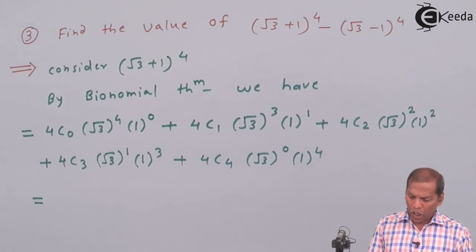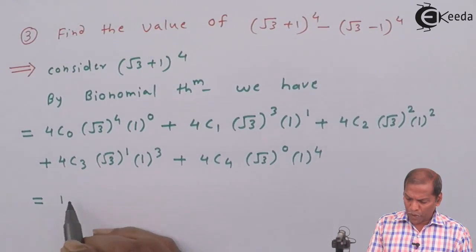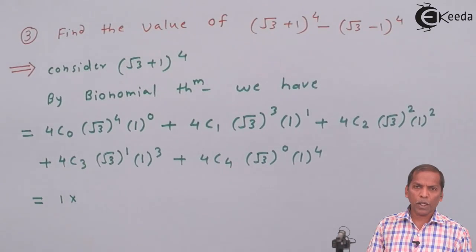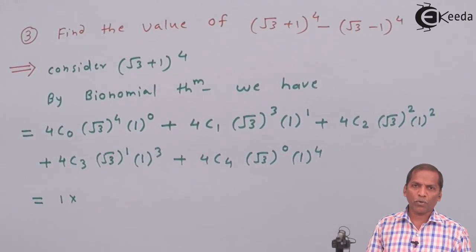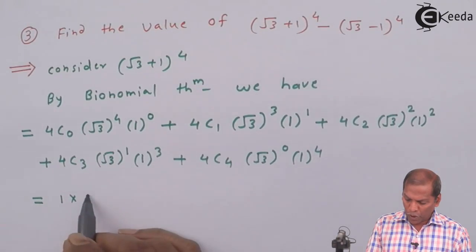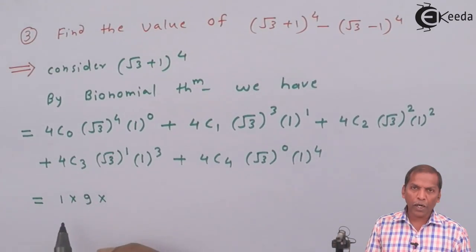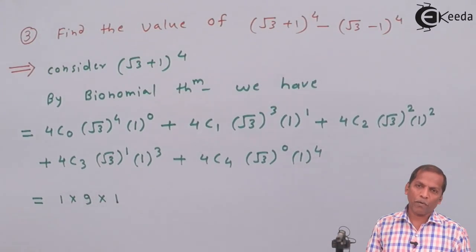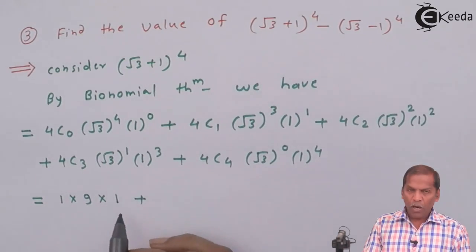is equal to, now 4c0 gives us 1 into root 3 raise 4. It means root 3 into root 3 into root 3 into root 3, that is 4 times. So root 3 into root 3 we get 3, and again root 3 into root 3 we get 3, and finally 3 into 3 we get 9. So in this way root 3 raised 4 gives us 9 into 1 raised 0, by using indices rule, it is simply 1, plus now